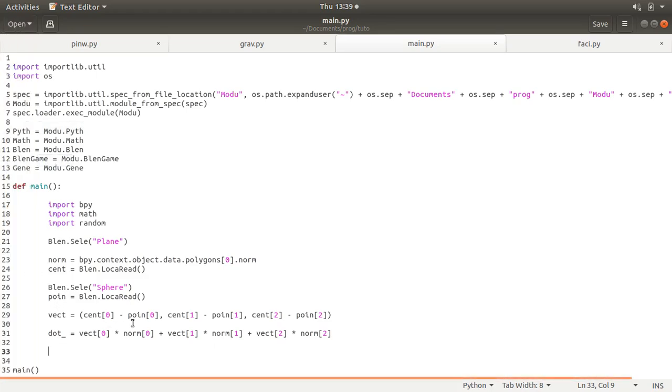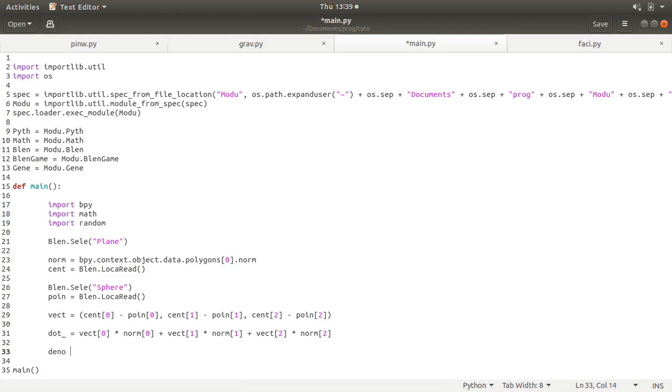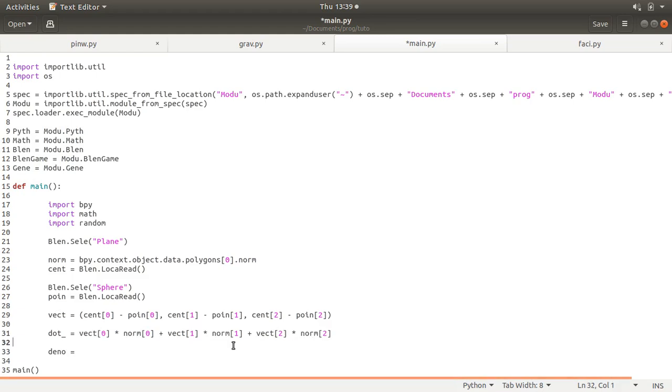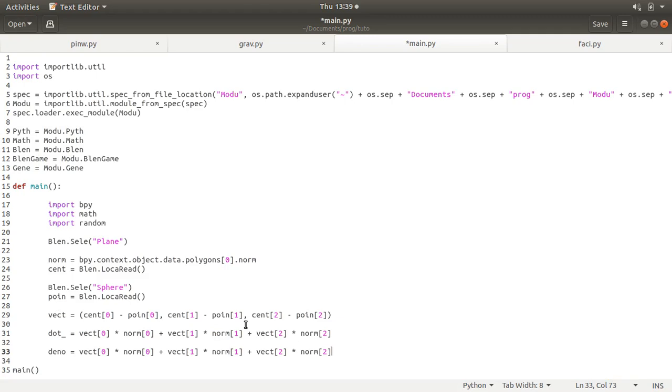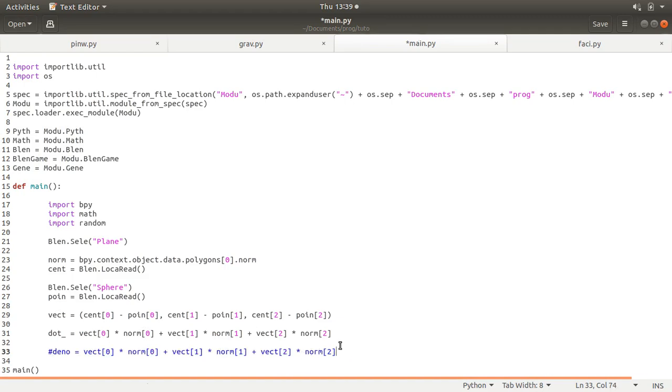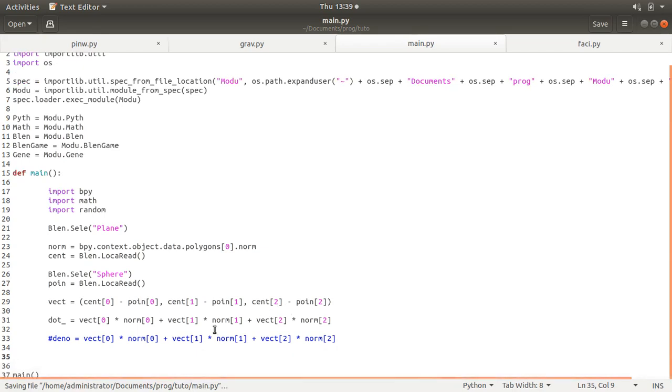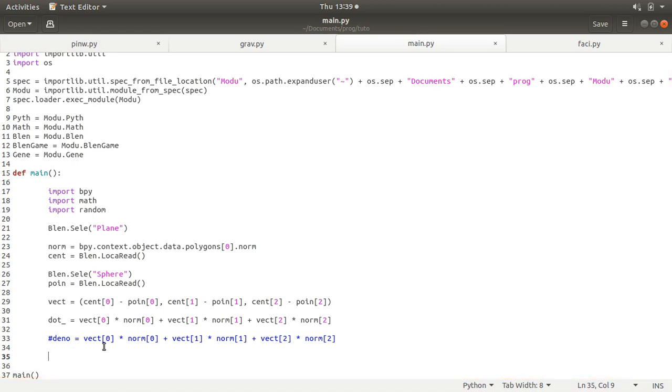So my denominator is norm dot norm. And actually that's equal to 1. So I don't need to divide anything. I just need to scale my vector up by this dot. So norm